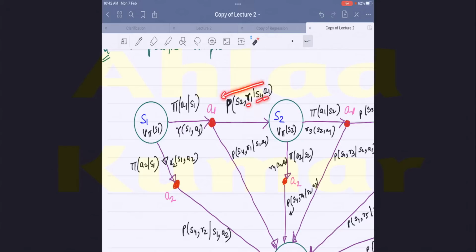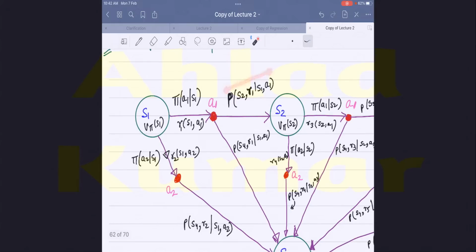This we have already discussed in detail in our earlier lecture. This is basically the environmental dynamics, or you can say the transition probability of moving from state S1 to S2, and the reward that you are getting from moving from S1 to S2